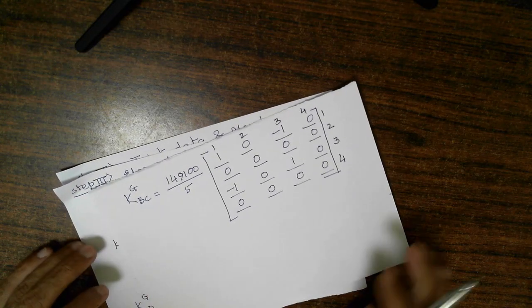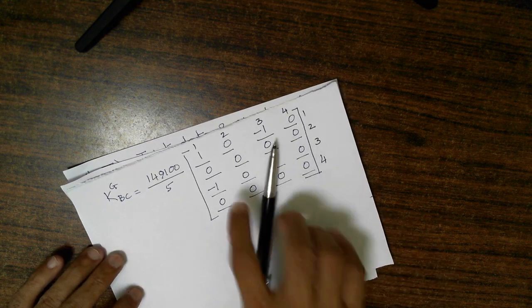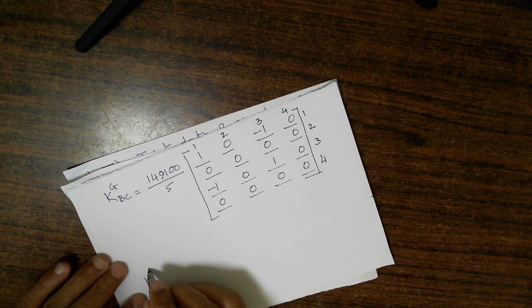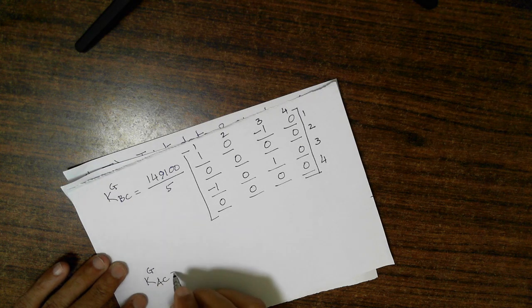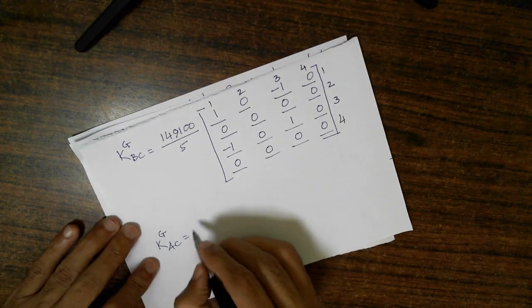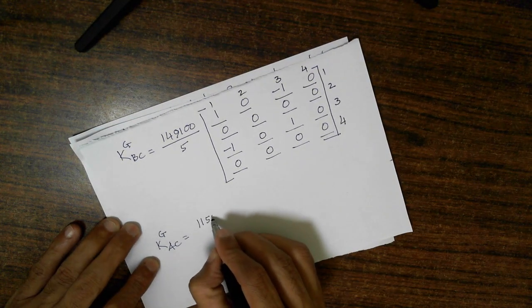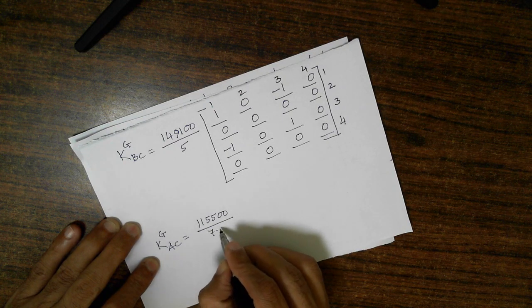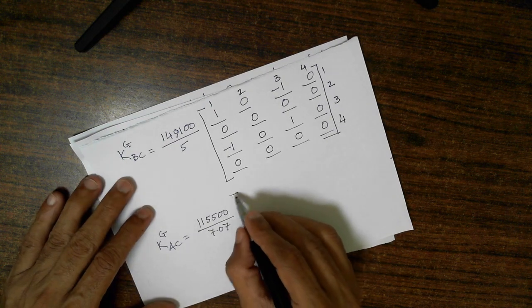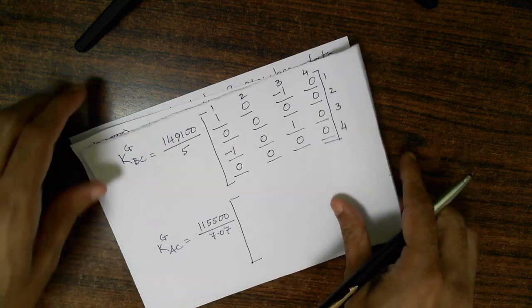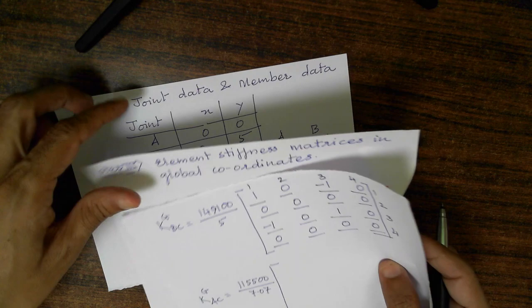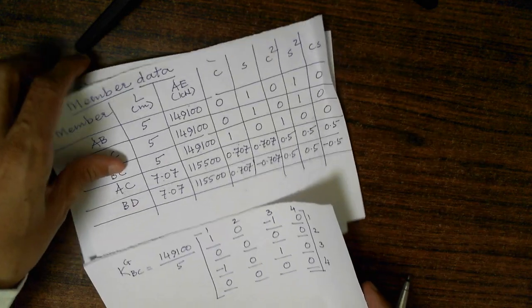Let's write the stiffness matrices for the remaining two members. What are those two members? K global stiffness matrix for the element AC. Now for element AC, AE is different, it is 1, 1, 5, 5, 0. Length is also different, length is 7.07. Now I am mapping element AC. For AC, I will need to keep the element stiffness data in front of me. The elemental data is this.